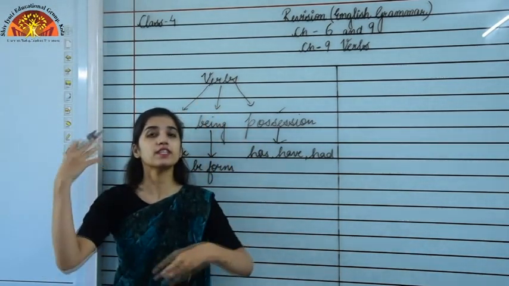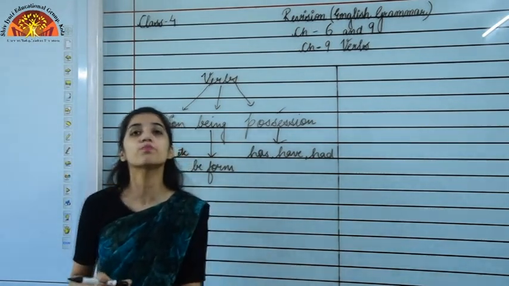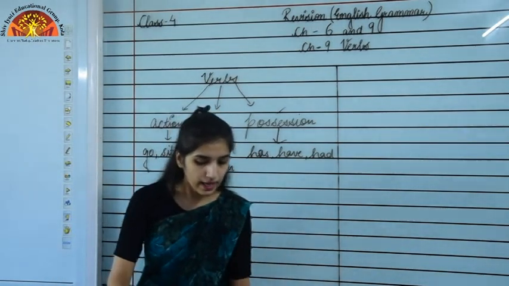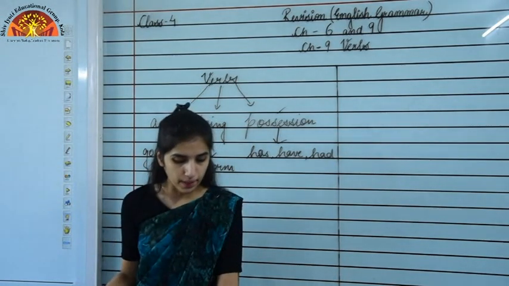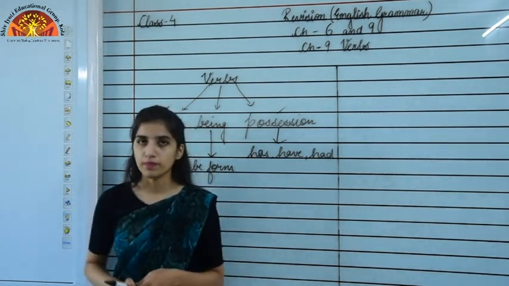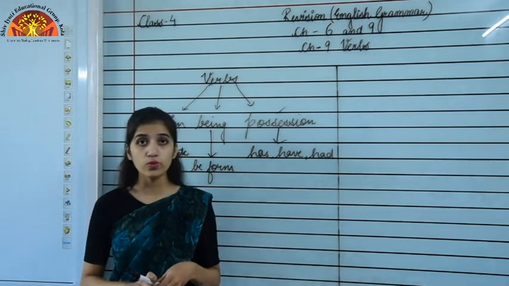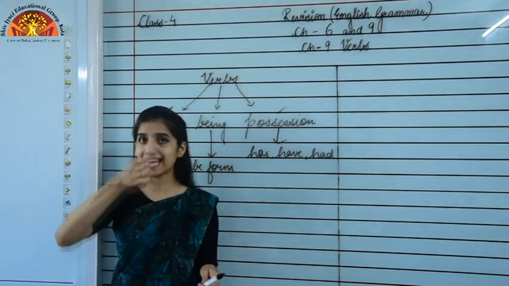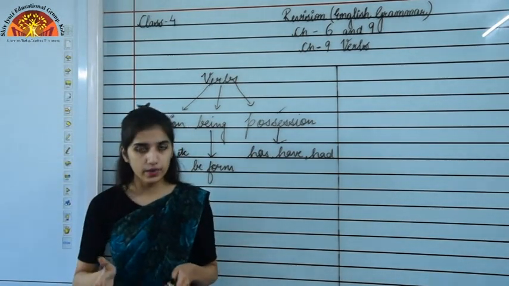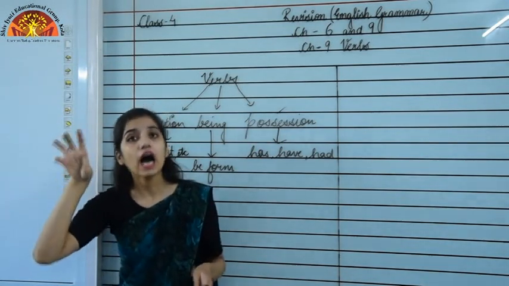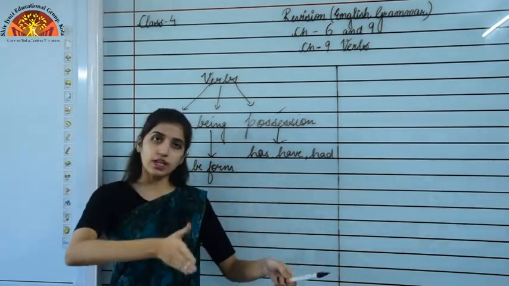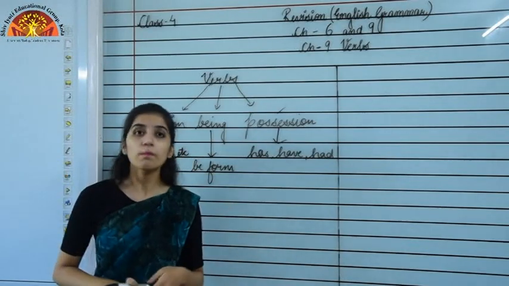And if I change the subject to plural, what will happen? Like I can say, Rani and Raman are coming out of the room. Now the subject is plural. Here we are talking about two persons, that is Rani and Raman. Okay, and then we are using are with it. So the subject is plural, the verb is also plural.